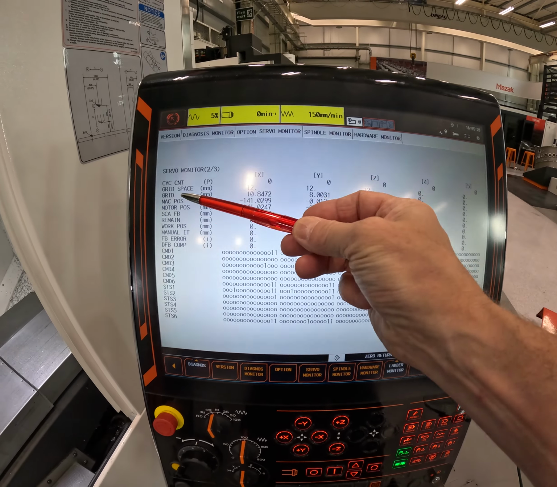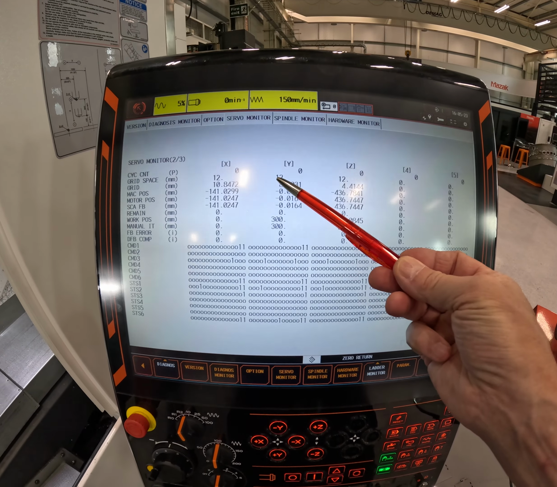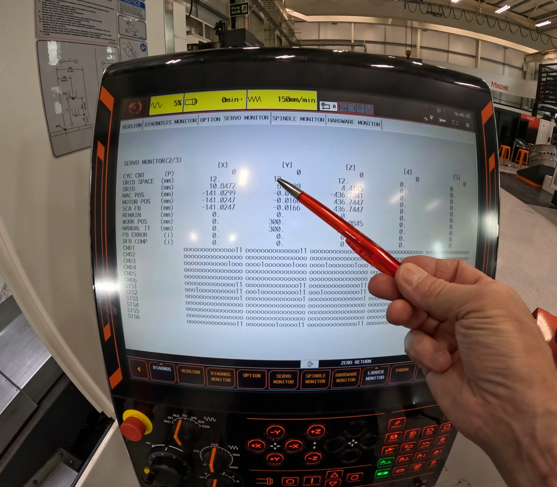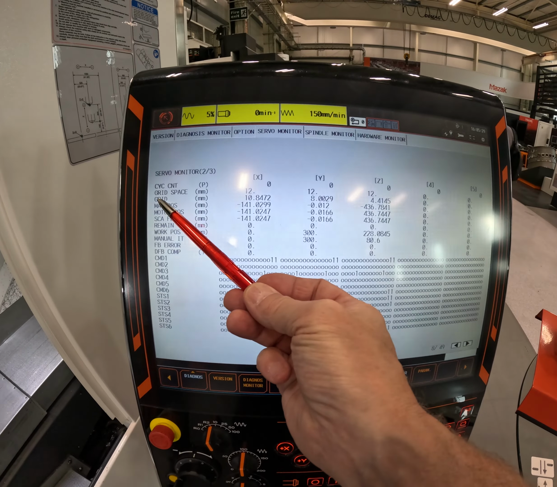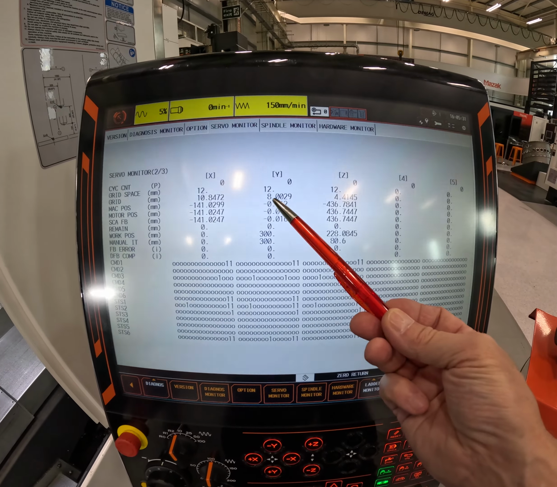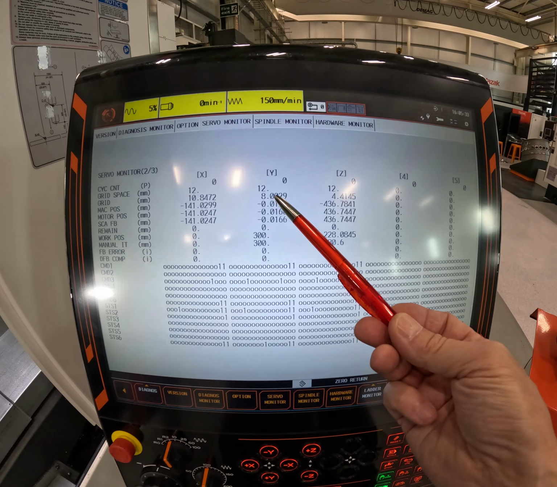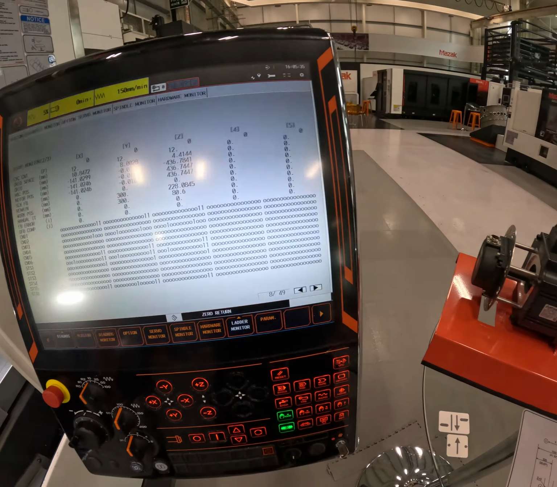When we see our grid space going along, this is our ball screw pitch, or one full revolution of our ball screw, 12 millimeters. And we can also see our grid. Our grid represents the encoder feedback. So when we come back to our model,